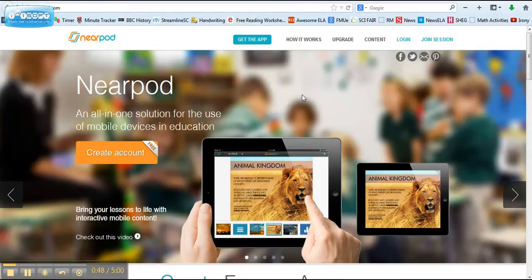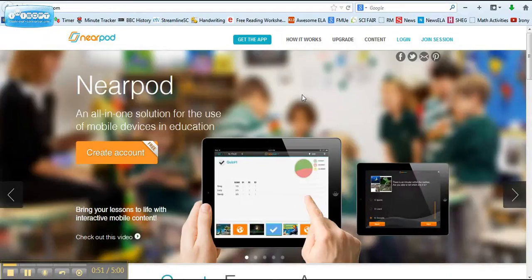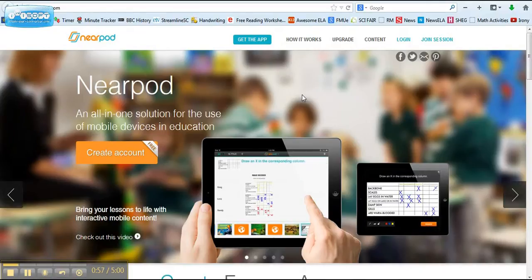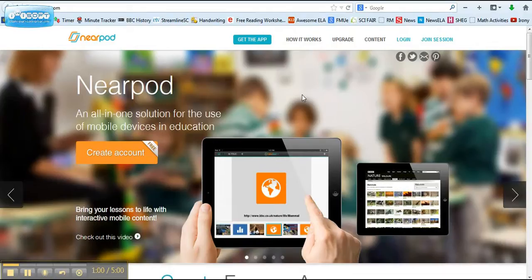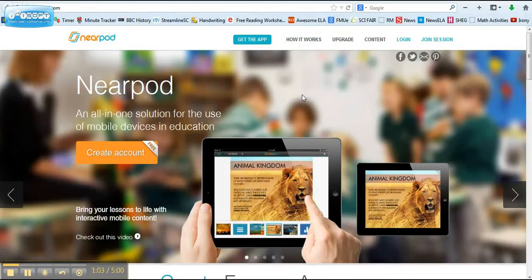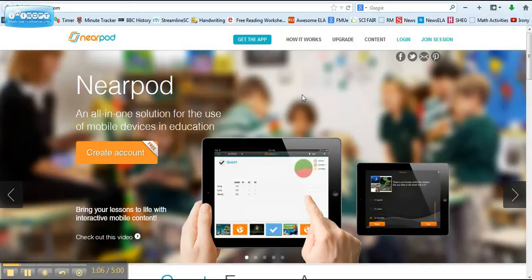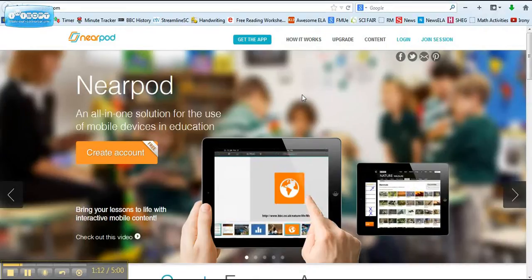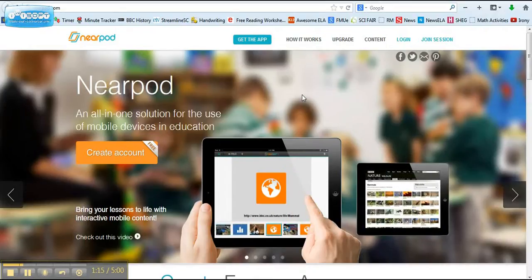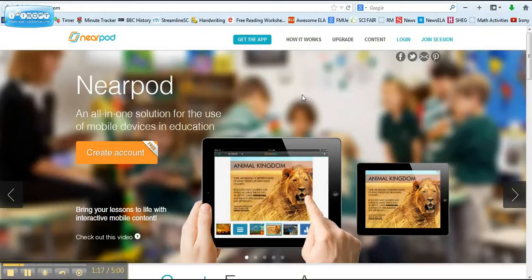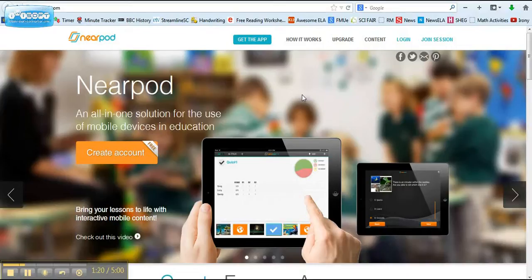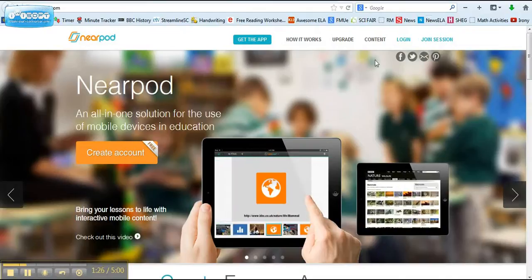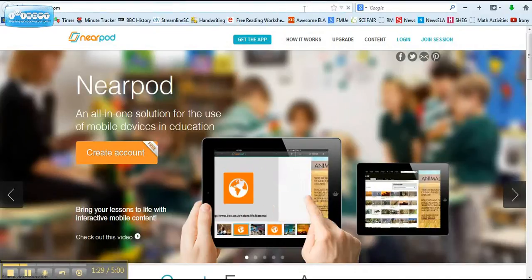But after you log in, it will take you to a practice session page, which will show you a video about what Nearpod can do, how to use it to put your presentation on the student's iPod or iPad, I guess, and all that. The issue with that is the presentation they show you doesn't have a link, as far as I can tell, to actually take you directly into creating Nearpod content. So you will have to go back up to the URL box and punch in the